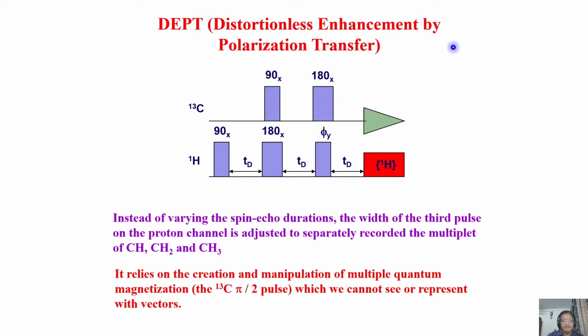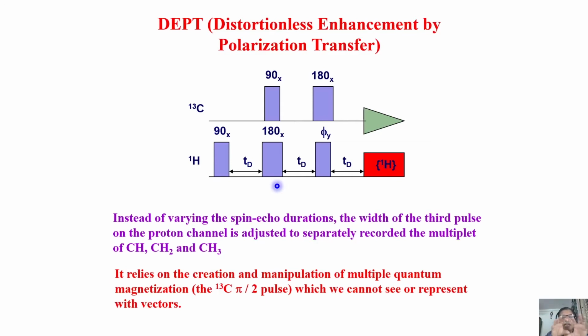Remember, this is a very, very commonly used experiment, and this is the pulse sequence. I will explain polarization transfer in detail in the next or subsequent class, what polarization transfer is and how we do it. The advantage of this is that we can transfer the magnetization of protons to carbon. Because the proton is rich, in the sense it has a large magnetic moment, more magnetization is there. There is a way we can take the magnetization of the proton and give it to carbon.